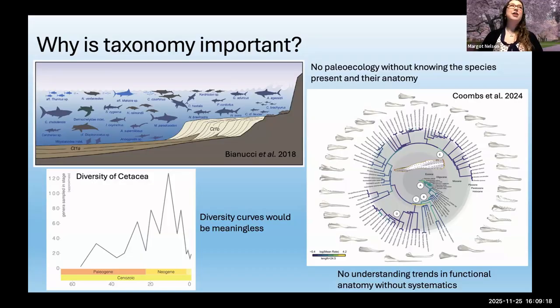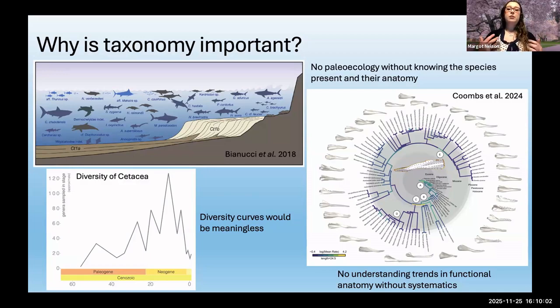So I am diehard on taxonomy. I'm very passionate about it. The description of new species and the revision of older species is very important. Another reason why taxonomy is important is that it democratizes fossils. Without descriptions, you don't get quality photographs, you don't get detailed anatomical description. Sometimes people publish 3D models, and this all democratizes fossils because you may never be able to go to certain museums, but through the publishing of specimens, you're able to see them nonetheless.